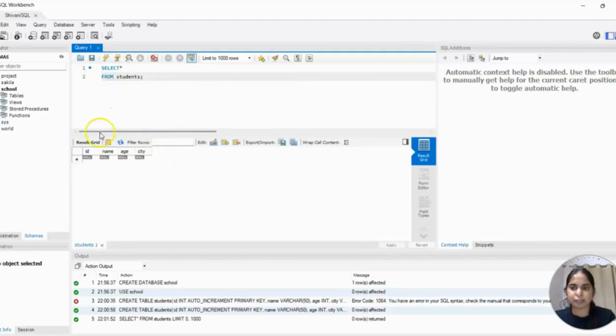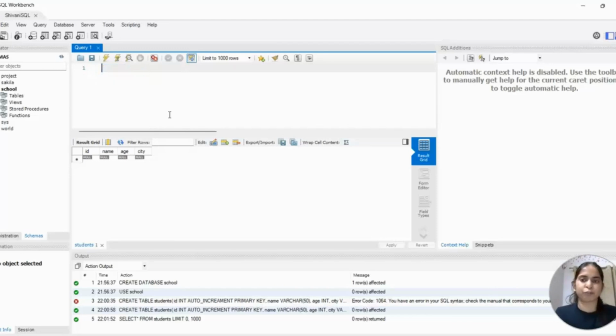See, here we can see ID, name, age, and city. So our columns are done. Now we are going to insert the values into the data. Okay, so first we have to remove this from here, and then we will write the next query, that is insert into. Now where we are going to insert the values, that is the students table. Now we are going to give the column order, that is name, comma, age, comma, and city. Then we will close the bracket.